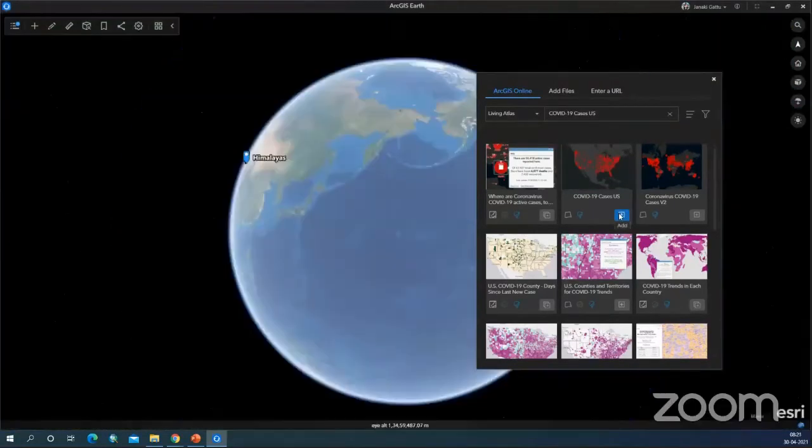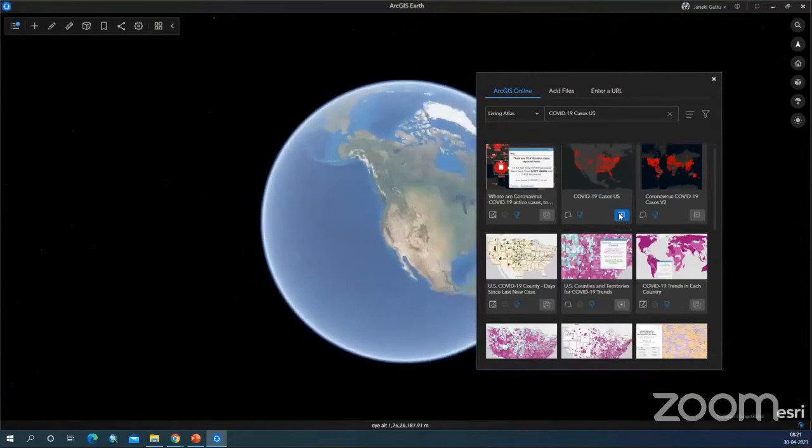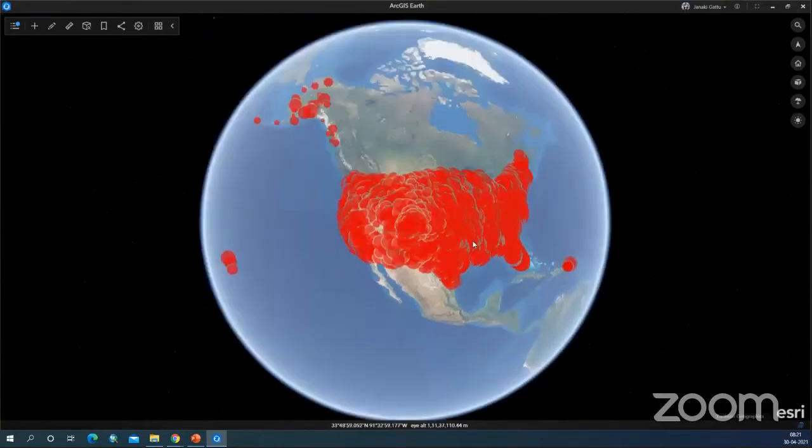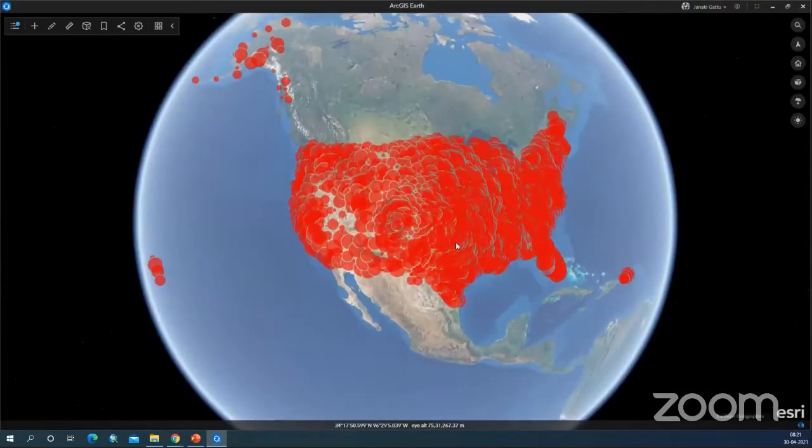So now my globe will navigate to the USA region and it will overlay the COVID-19 cases in the USA. And if you see here, these are the COVID-19 cases in the USA. I'm just closing this. These many cases have been there.